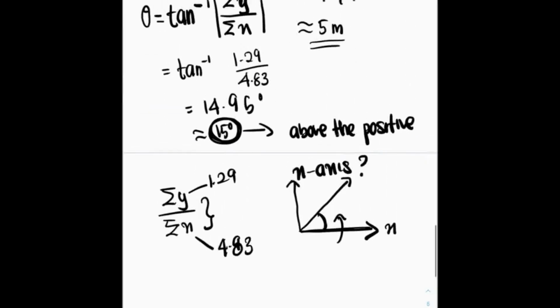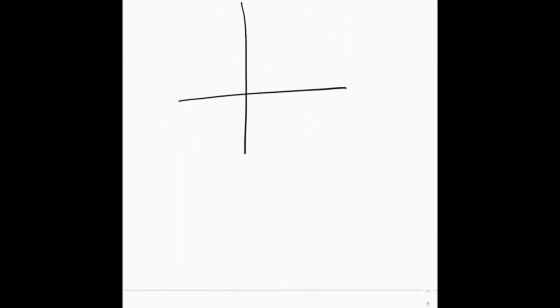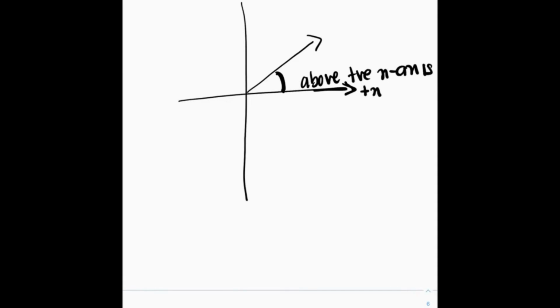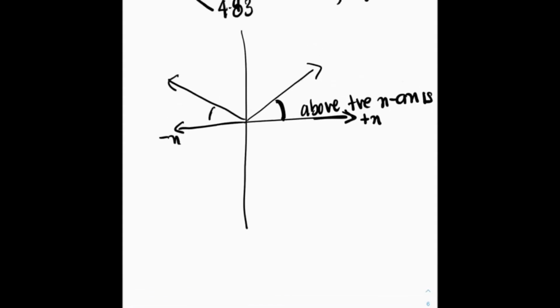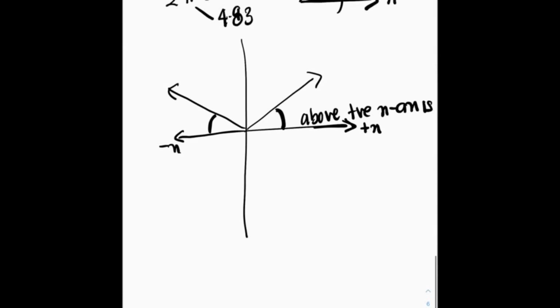So that is how you deduce the direction as 15 degree above the positive x-axis. In your Cartesian plane, if you have your resultant here, and this is your reference angle above positive x-axis, as this is your x-axis, this is your positive x and this is your negative x. If you were to have your resultant here, how do you deduce the direction? Use only x as your reference point. So you are going to take the angle here, this part, and write it as above